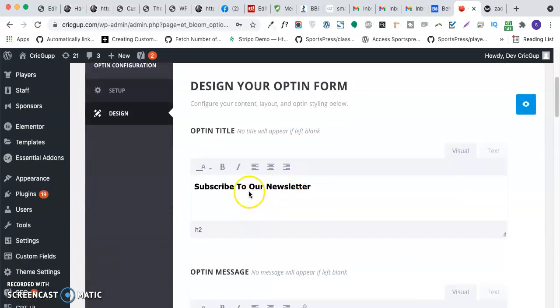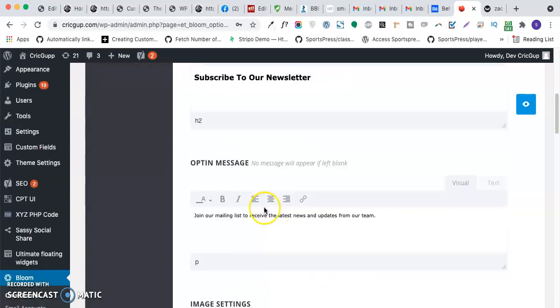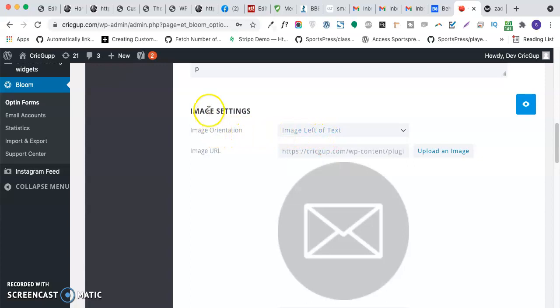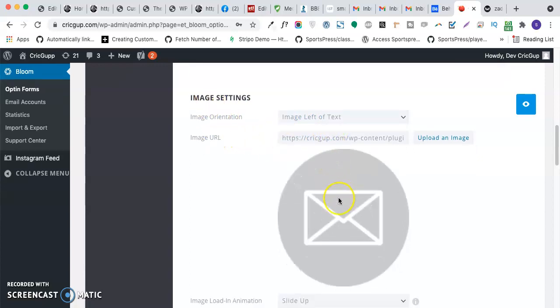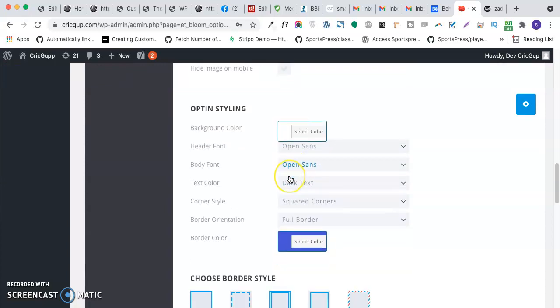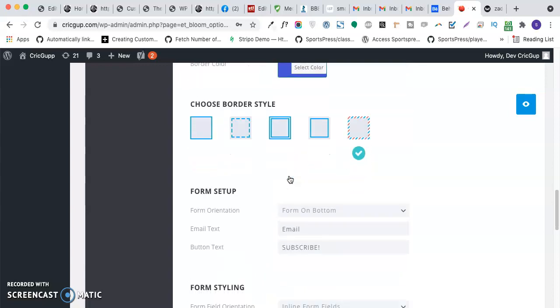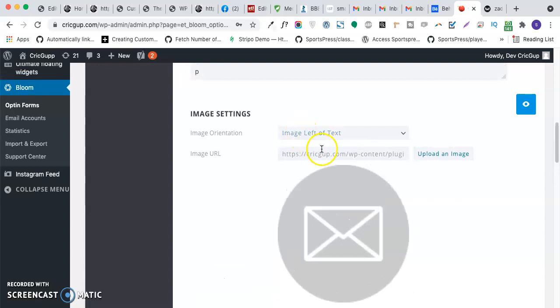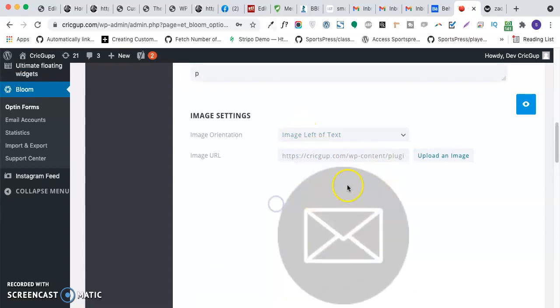Proceeding further, we can customize the titles, messages, anything as per our requirement, and then we can select the image that appears next to the opt-in box. I'm going to keep all the options by default now. If you want, you can select your image as per your requirement.